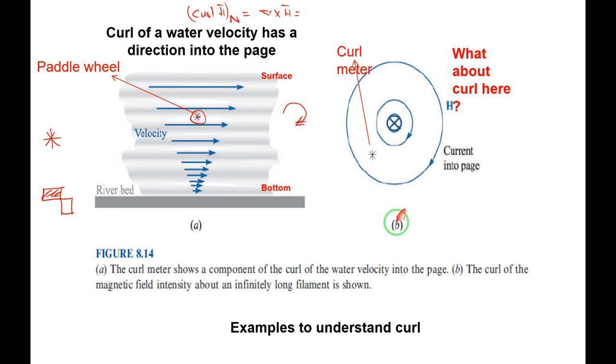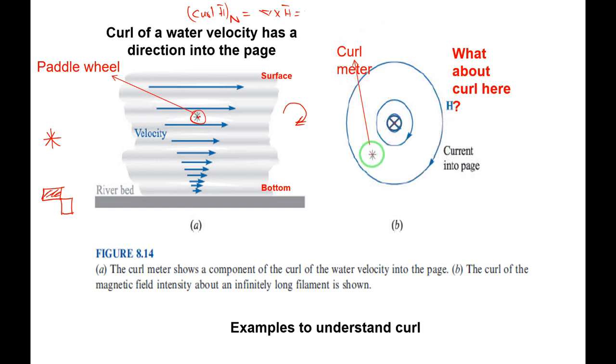We will take the second example, right? So this will be the last topic. Yes, the current I, you can observe here the current I is entering here, but I will not concentrate on the direction of current. Just I will concentrate on the rotation of the magnetic flux lines. Yes, the magnetic flux lines are rotating in the clockwise direction. The magnetic flux lines are in this direction, clockwise.